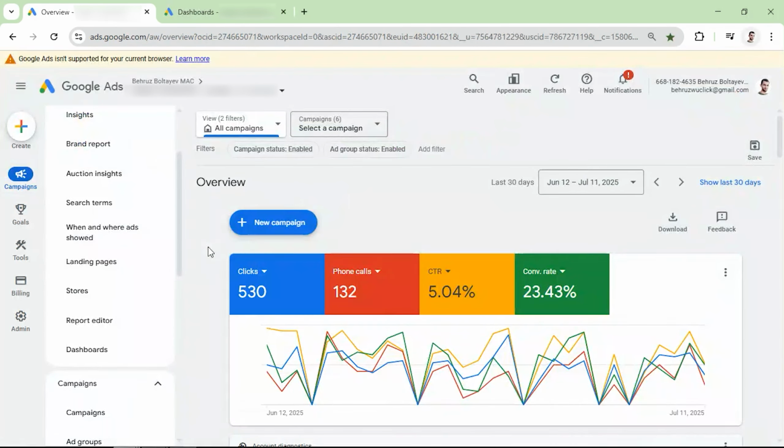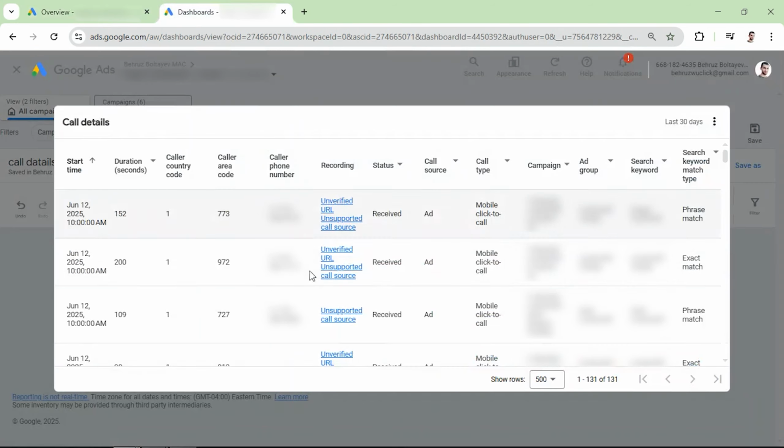This is one of my clients' accounts, and as you can see, in the last 30 days we've generated 530 clicks and 132 phone calls, and you can see other metrics: CTR 5%, conversion rate 23%. And you might be asking, how is the quality of those phone calls? So we're going to see the call details report for this particular account. It's the last 30 days, as you can see, and these are the number of phone calls we've received: